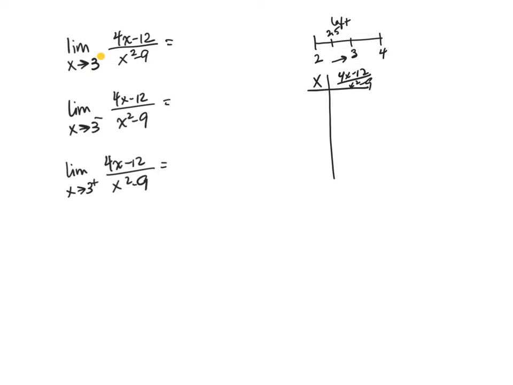In the y equals screen, I'm going to put in the numerator 4x minus 12. You might need to put that in parentheses depending on your calculator. Divided by, again, parentheses, x squared minus 9. And when I do that and I enter in the x column 2.5, 2.75, 2.9, 2.99, 2.999, I get out these results. If you want to pause here and check this out yourself and verify the same answers.